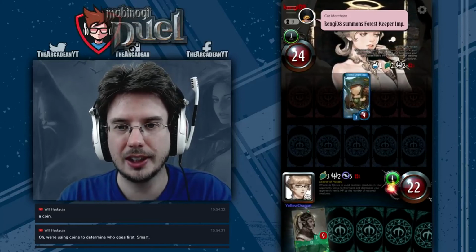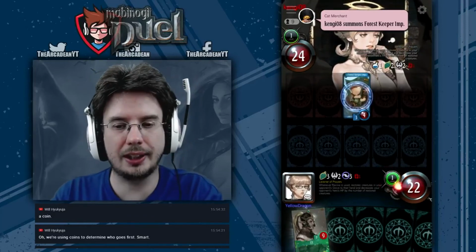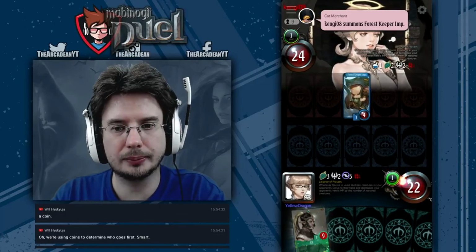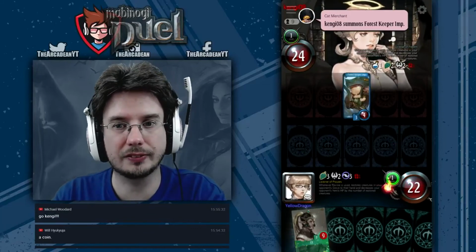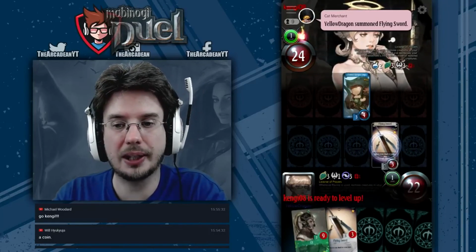YellowDragon's turn now, of course. Can he answer this Forest Keeper Imp? Now, with his resources, you would assume that he has a command hunting in there somewhere, possibly a Drag to Hell, but no... possibly a Holy Missile, but apart from the Holy Missile, no way of removing that Forest Keeper Imp for equal cost. Decides not to bother answering the imp at all and instead plays a flying sword on